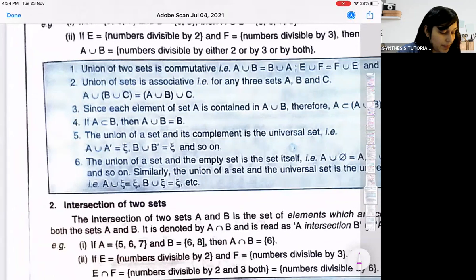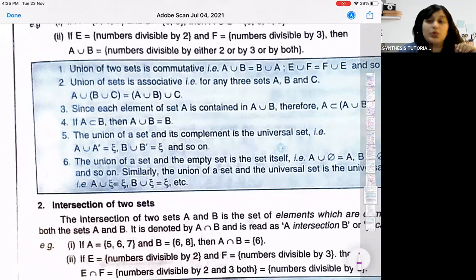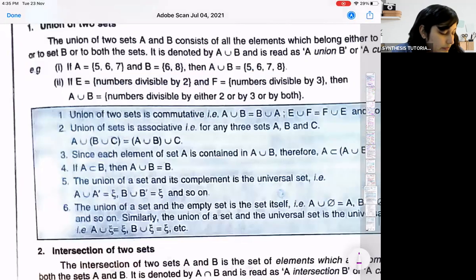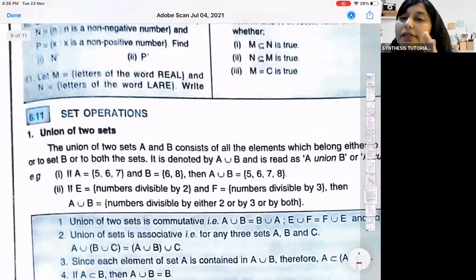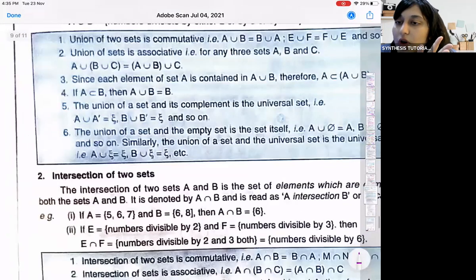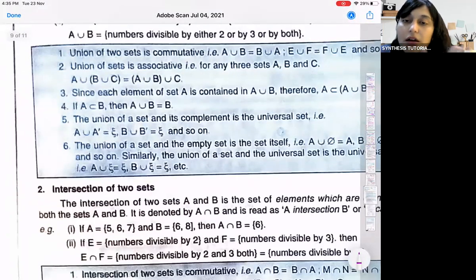now, if A is a proper subset of B, then A union B will be equal to B, right? What do you mean by this? यानी कि ऐसा कुछ set है जहां पे A is already a subset or proper set of B, यानी A है 1, 2, 3, 4 और B है 1, 2, 3, 4, 5, 6, 7, 8. तो A union B क्या होगा? 1, 2, 3, 4, 5, 6, 7, 8. तो A union B और B same होगा. That's what they are trying to say. So if B is like a superset and A is a subset, then A union B and B will be